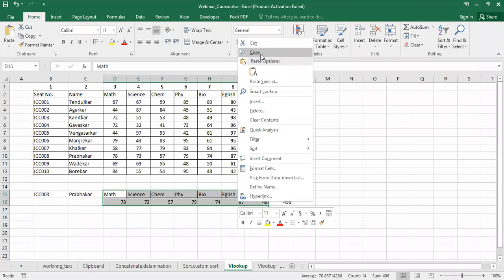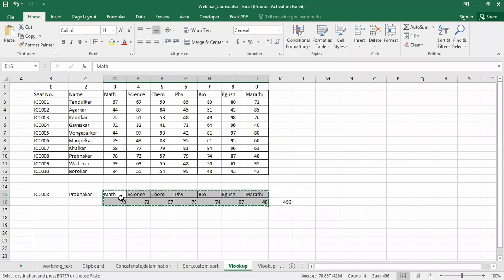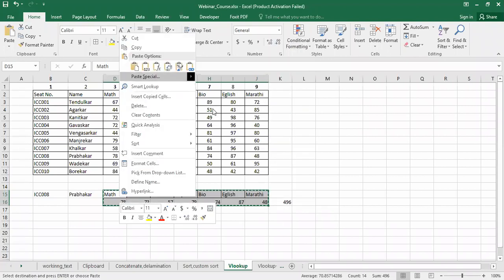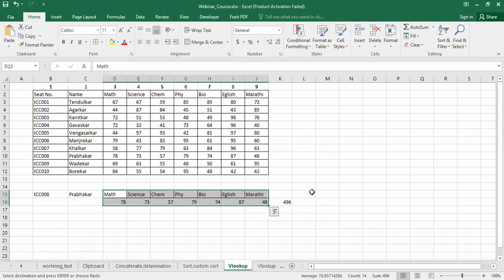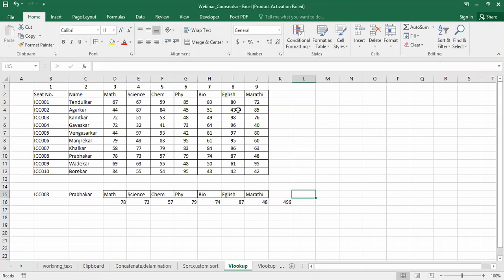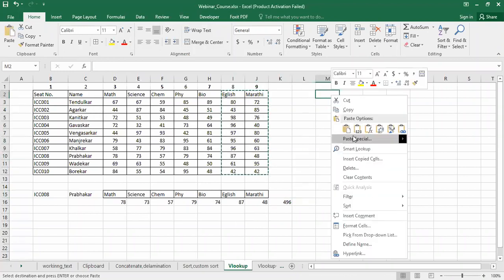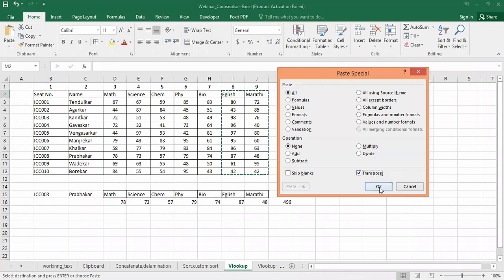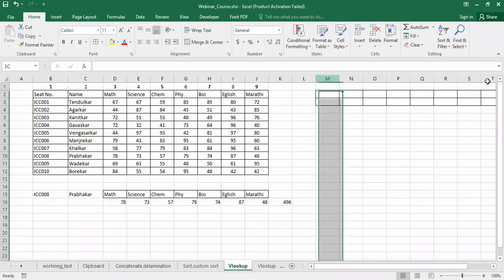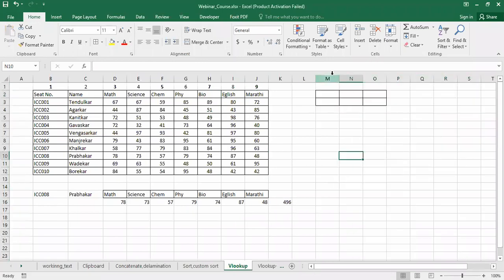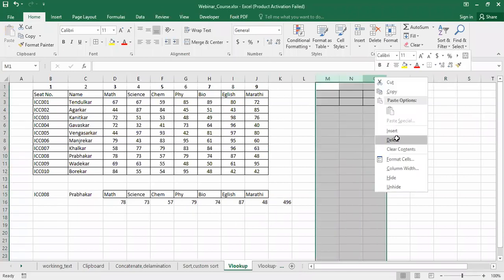Copy and paste special as transpose. One option available is transpose. As we have used the formula, it is not transposing, but we can simply do here, say Control C, and paste here as row to column or column to row. This way you can do that. So this is the use of VLOOKUP.